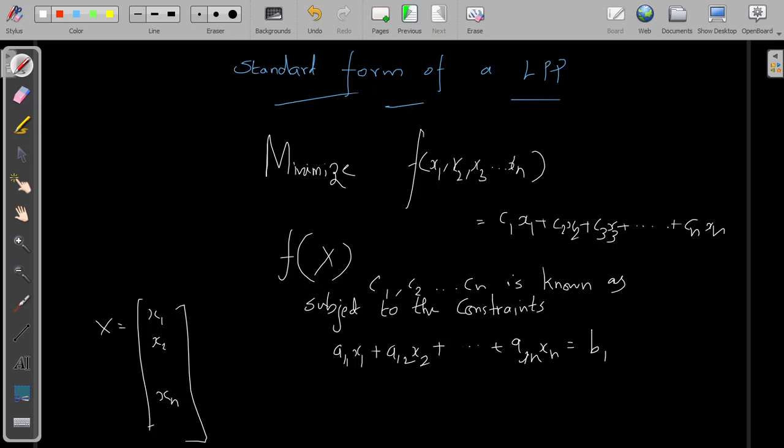That means this is nothing but a linear polynomial function. In LPP the objective function as well as the constraints must be in linear form. The second constraint is a21 x1 plus a22 x2 plus etc. plus a2n xn equal to b2,